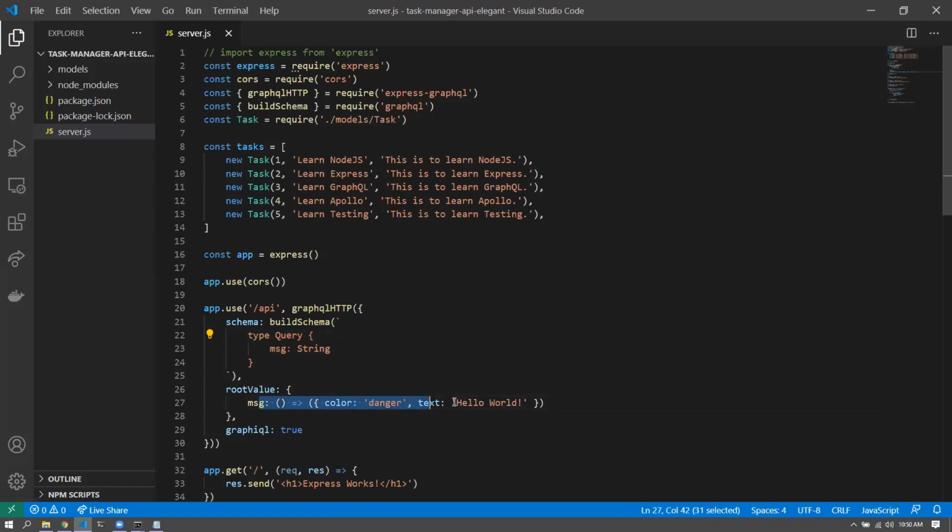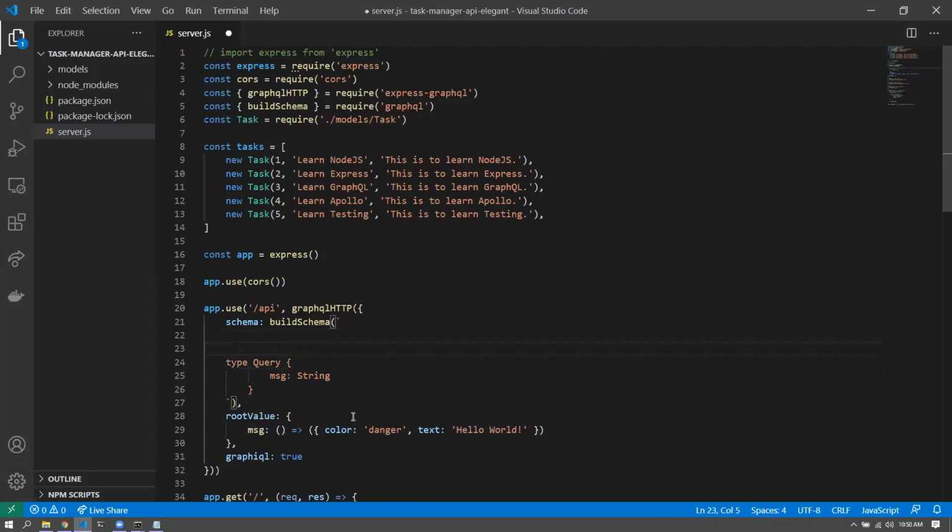So the schema has to be something that the resolver is, or maybe the resolver has to be something that the schema is specified with. The schema just mentions that, okay, message would return us a string, but the message function itself is returning us an object with two properties, color and text. So in that case, we can actually create custom data types as well in GraphQL, like something like this. For example,